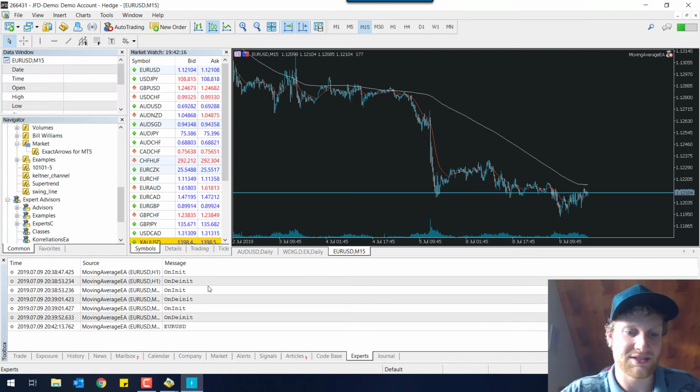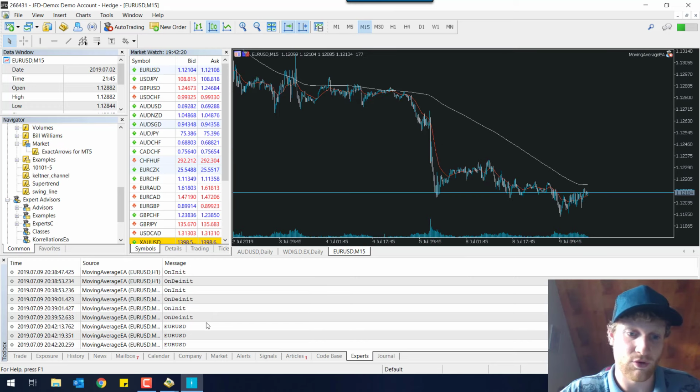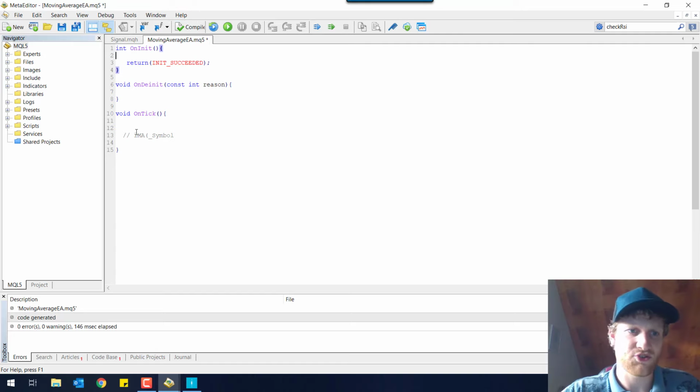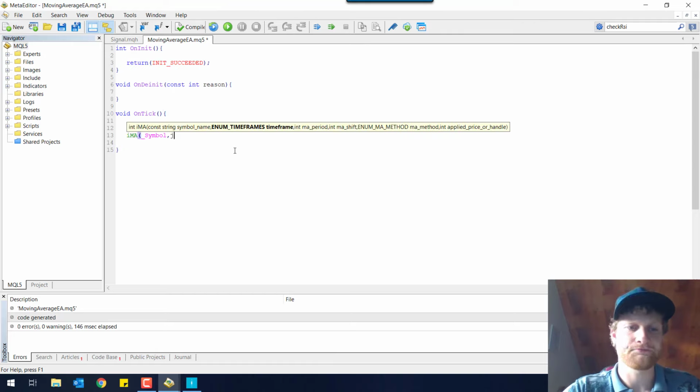You can see here it says euro, US dollar whenever the chart or the expert advisor is initialized, because I printed the symbol in the OnInit function. So you see, underscore Symbol will return the information about the current chart symbol. Then you need to provide this function with the information about the exact time frame you want to use for